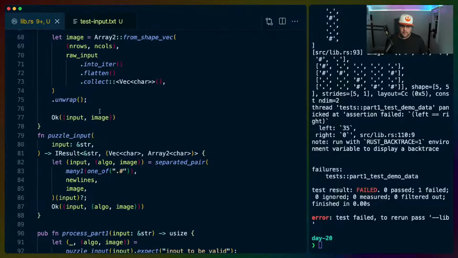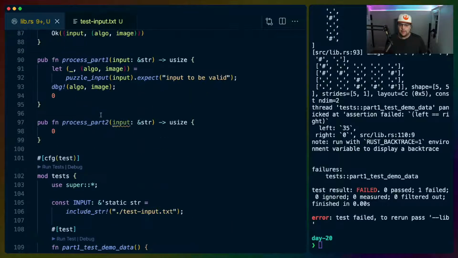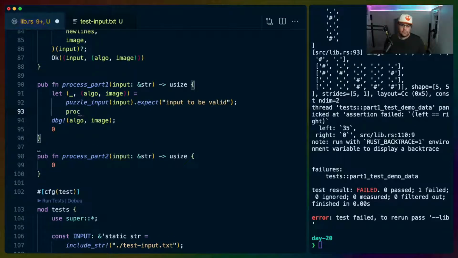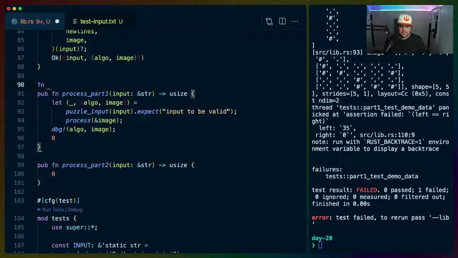So in image here, we get the raw image, right? And then I think we'll take the raw image and we'll do the padding when we process. So let's do a call to process here, and we'll pass in the image. And then the process function will take an image, which is a reference to an array 2, char. And we will immediately,